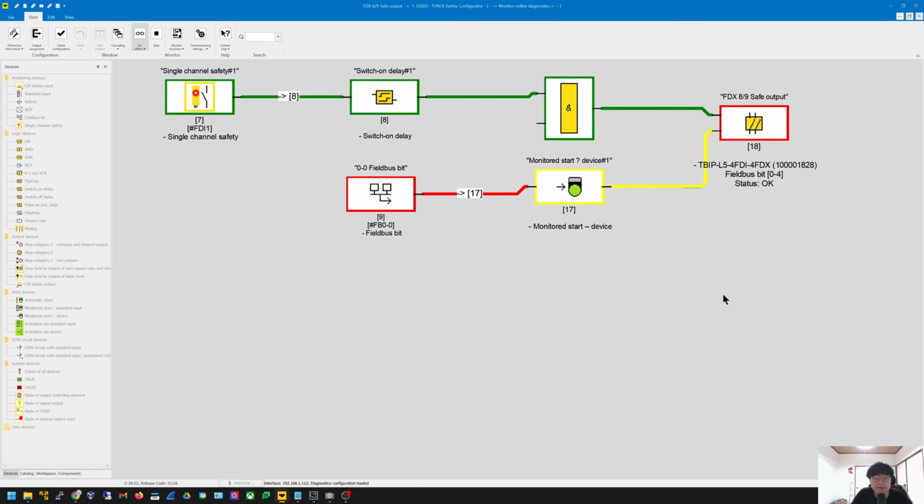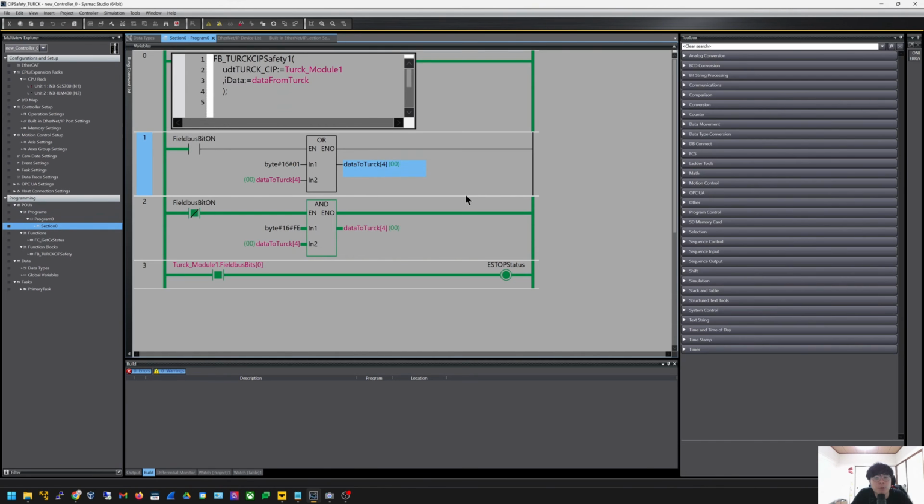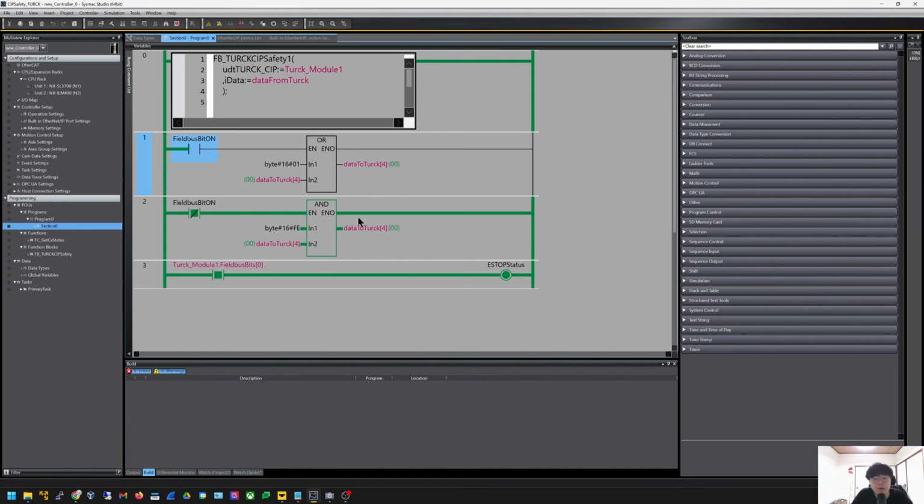So where is this line? We go back to our OMRON software and then go to the program. Here, actually, it's waiting for this bit data, Turck bit 0. And I mentioned before that FP00 means byte 0 bit 0, right? So it means this one. Why 4? It means